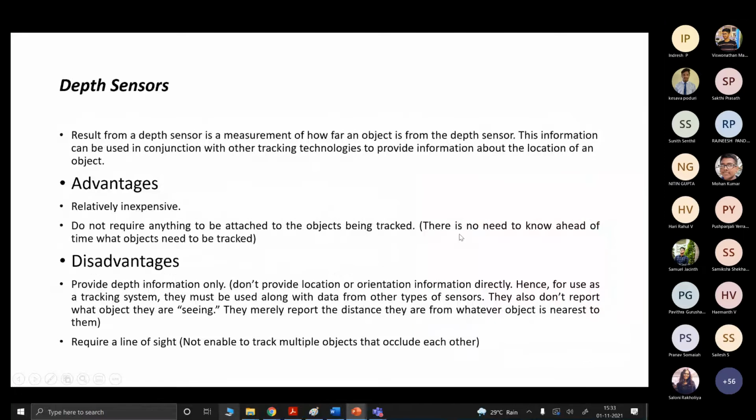So with this, the location of the object can be easily identified. The advantages: it's relatively inexpensive. That is one advantage, and also it doesn't require anything to be attached to the object being tracked. That is another advantage.